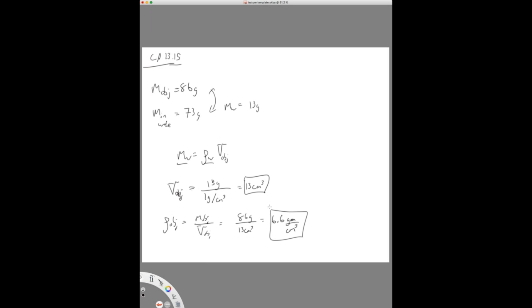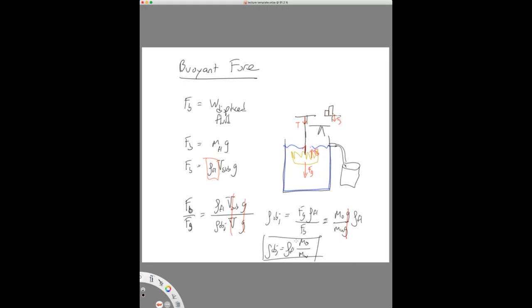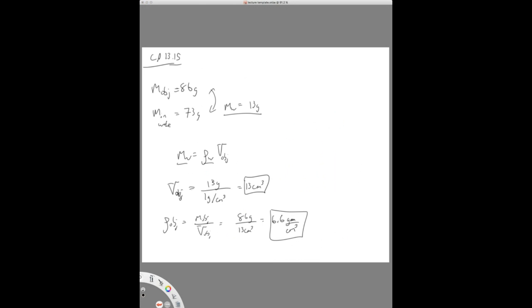So how does this relate to Archimedes' principle? Well, it's the assumption that the difference in the weight in air versus in water is exactly the same as the mass of that water, which then allows us essentially to find the volume. Now, we could also just solve this the way we did here. The density of the object is the density of water times the mass of the object over the mass of the water. So that would be equal to,